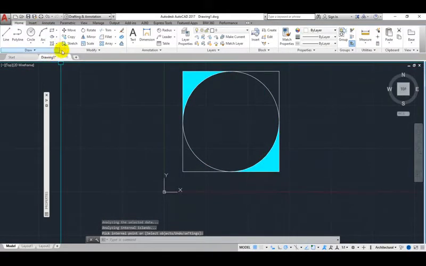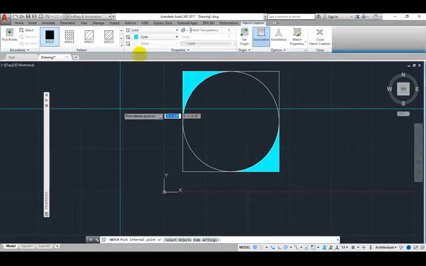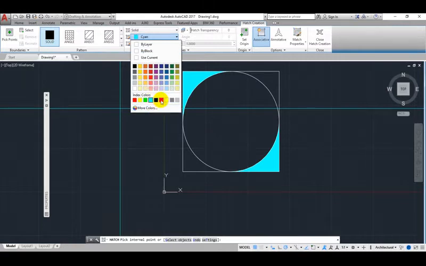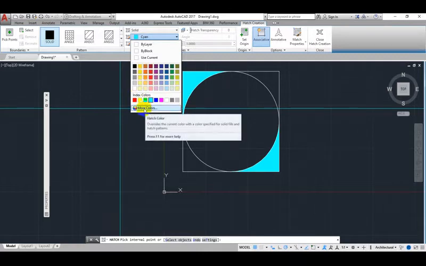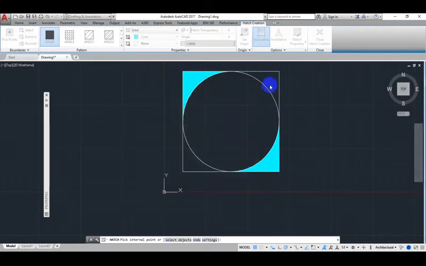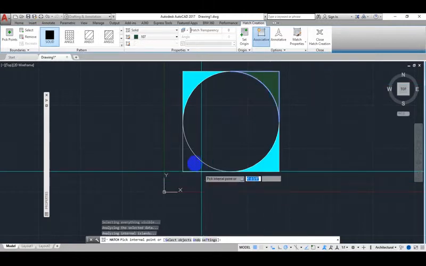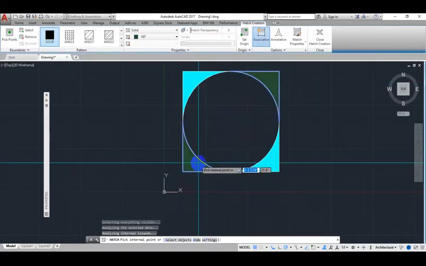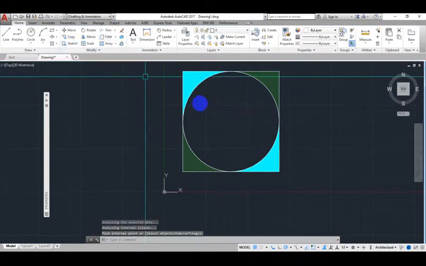So I want to come back to select and see another color. Come to hash, click on it, come back to colors. Maybe I don't really need this color. AutoCAD has 270 colors, so I can come to more colors, click on it. Notice that this is all of my colors in AutoCAD. So I can take this color, click, I say OK. So I come back, click here, click here. So when I do that, I press the spacebar key to activate it.